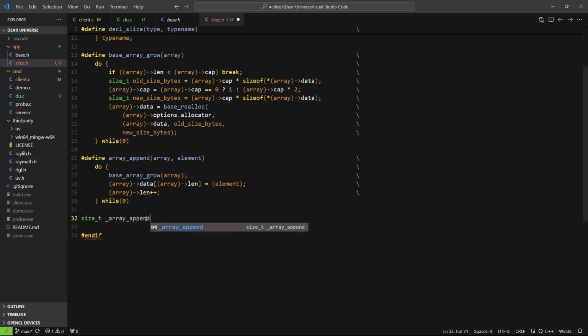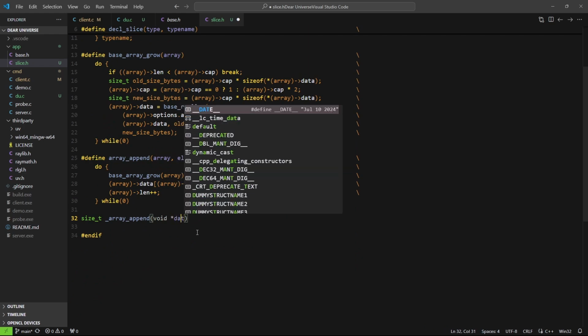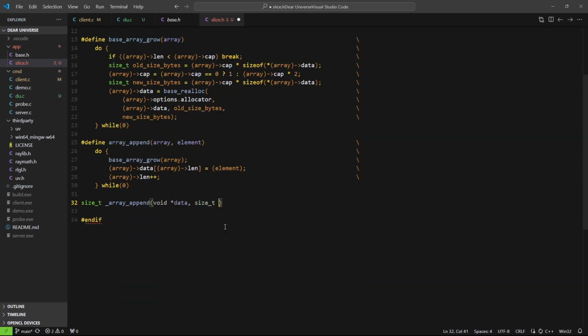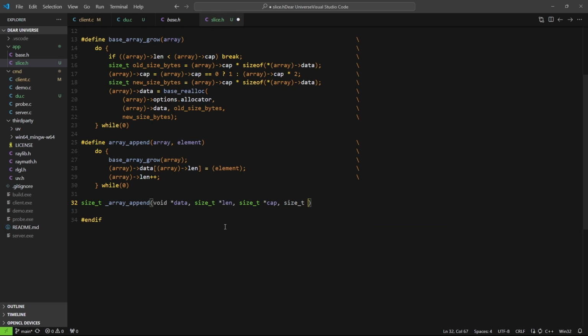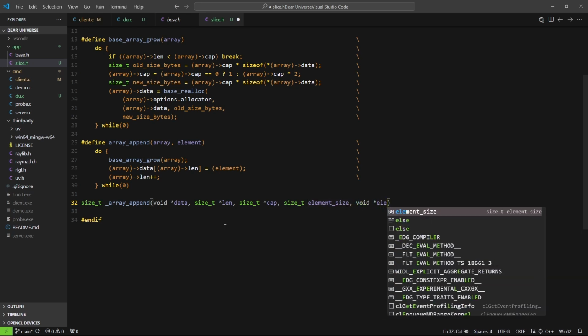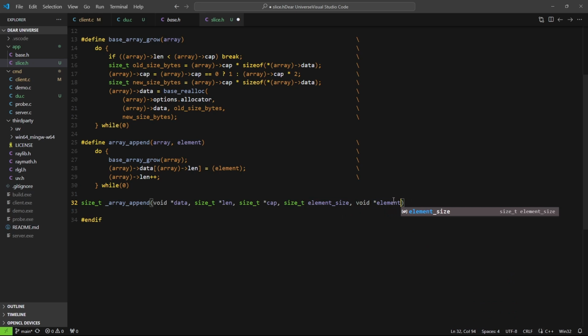array append, right? And this is going to have an underscore before it, so we can actually have a macro, because here we're going to have a void pointer data, then we need a void pointer to length and a pointer to capacity, and then I need size_t with element size, and a void pointer with elements. But this is not really useful, because then I need to always pass variables. I cannot really pass literals, because then this is going to blow up, right? So I think I'm just going to have